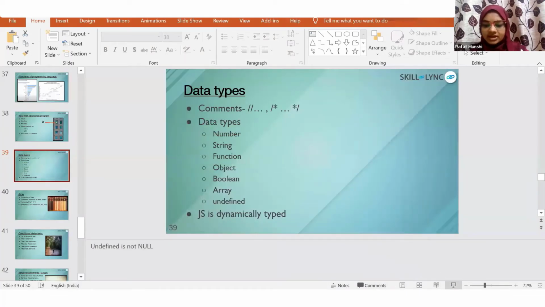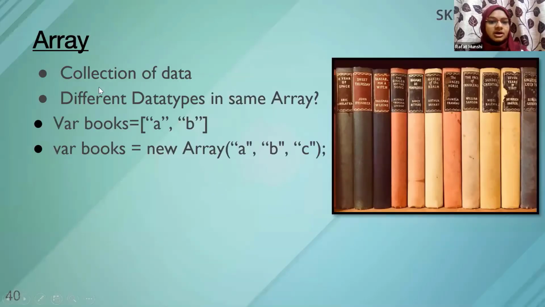Okay. So we saw how we could create an array, but what exactly is an array? An array is just a collection of data. And can somebody tell me, if they know about arrays in JavaScript, can different data types come in the same array? Right now I created an array with the same data type: string, string, Dell, HP, Lenovo. I can also have an array of numbers. So, 1, 2, 3, 4, 100, 200, 300.